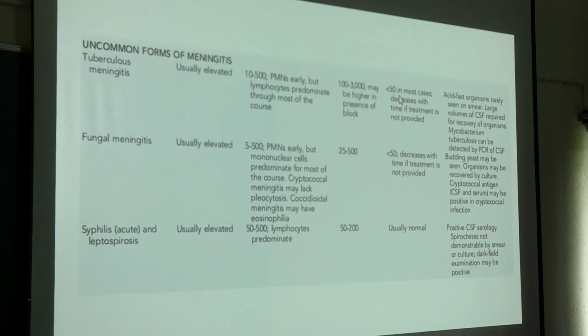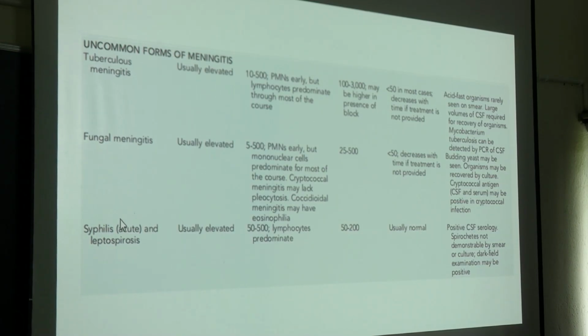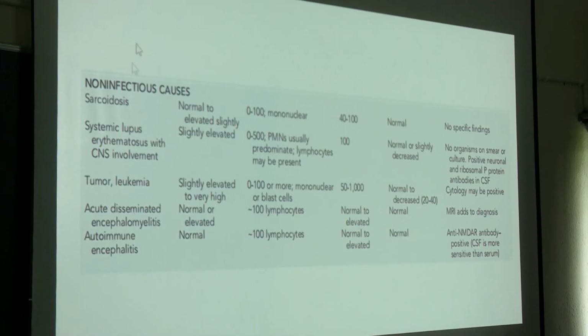And the glucose content is less than 50 in most cases, এটা ছেড়ে দে। So in tubercular meningitis, this is the diagnostic. Protein content will be very high, and if you send CBNAT, then it can come positive for acid fast bacilli. ফাঙ্গাল মেনিনজাইটিস, সিফিলিস, এটা তোদের লাগে না, ছেড়ে দে। এখানে আরো কিছু আছে,